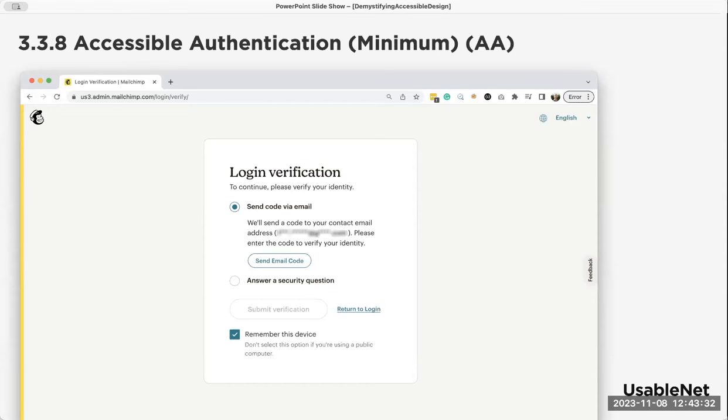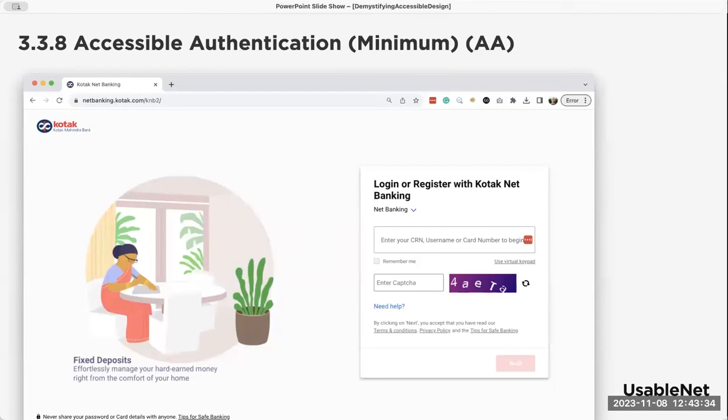And then we have CAPTCHAs and puzzles. So using only word-based CAPTCHAs with distorted sound, and solving all sorts of puzzle and math equations with no other alternative for users is not considered accessible, because they can create problems for people and increase the cognitive load for completing their tasks. And so the only CAPTCHAs that are considered accessible for this criterion are object recognition CAPTCHAs or personal content recognition, which are not really